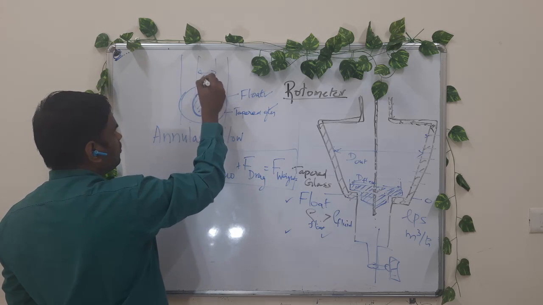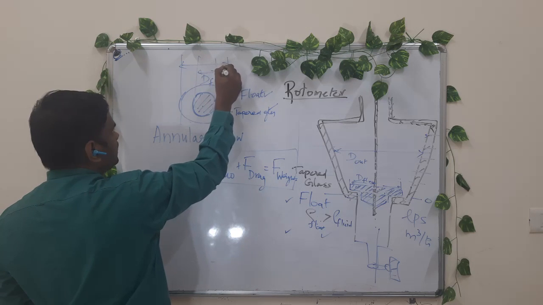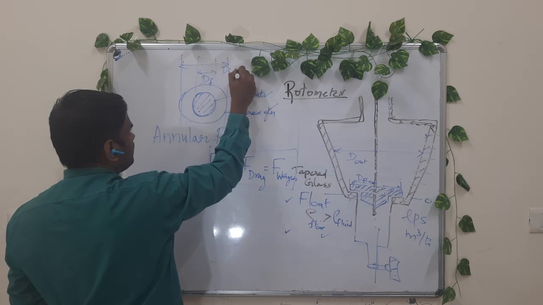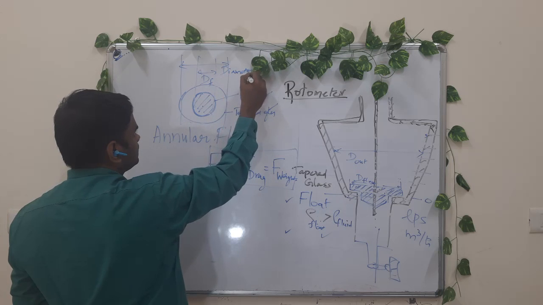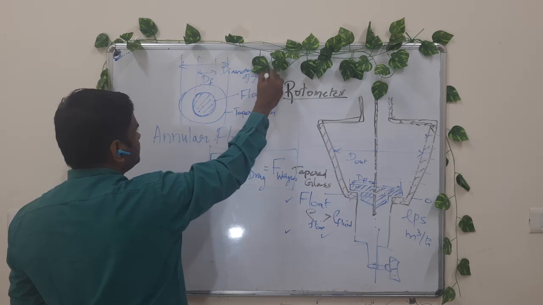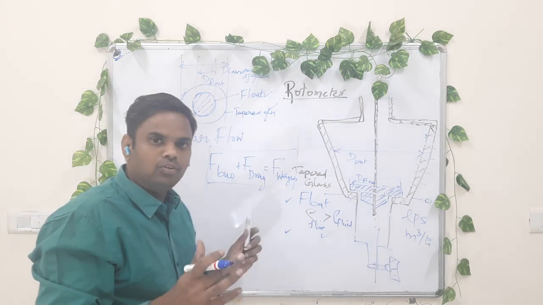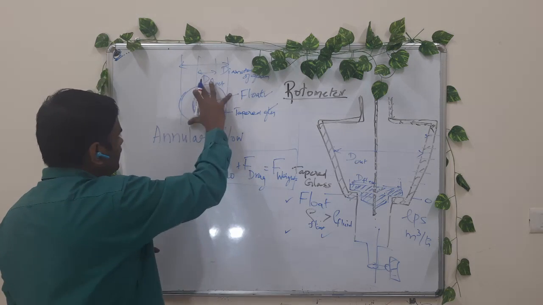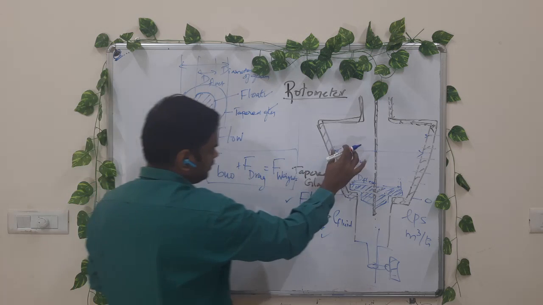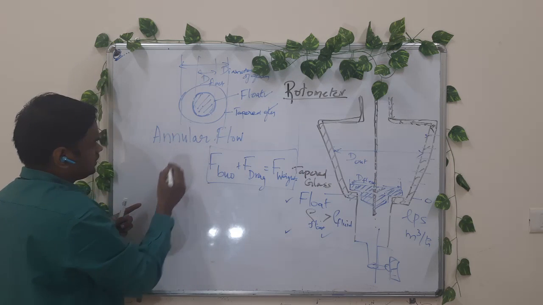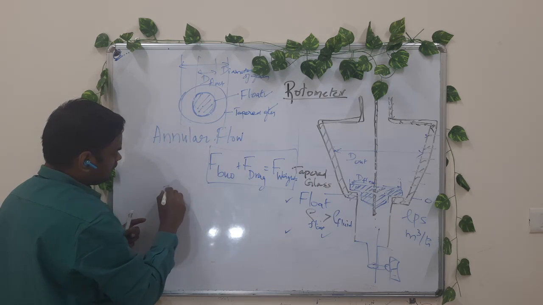Okay, so diameter of the float and diameter of the tapered glass tube. Let me say diameter of the float. So what is the area through which the fluid is flowing? It is this area minus this area, the cross section area. We have to subtract the cross section area. So area of